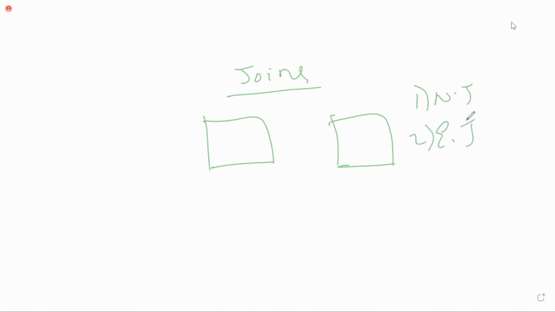I'm giving this as an example, but we don't write it in the theory part. Whatever syntaxes we have mentioned there, you just remember that. In relational algebra for joins, this is the symbol. Equijoin is based on features.